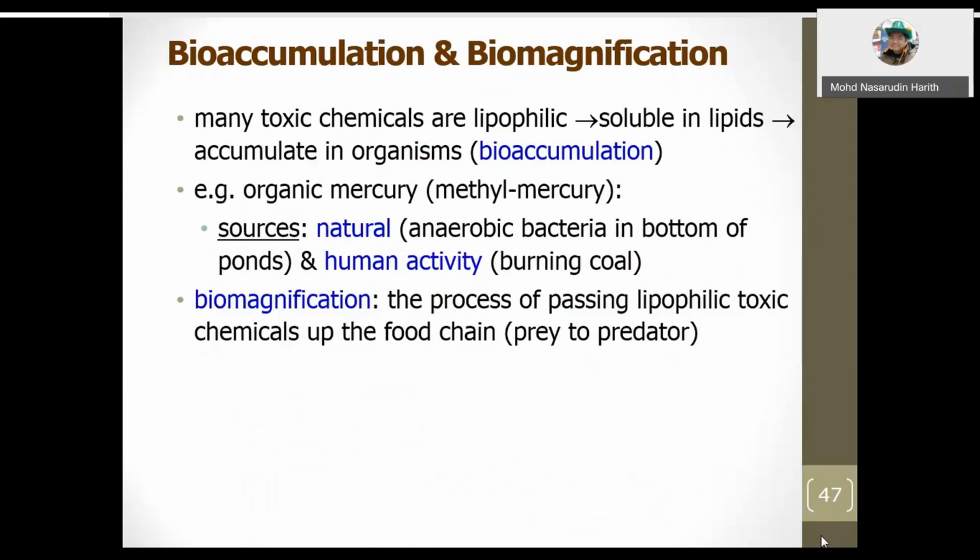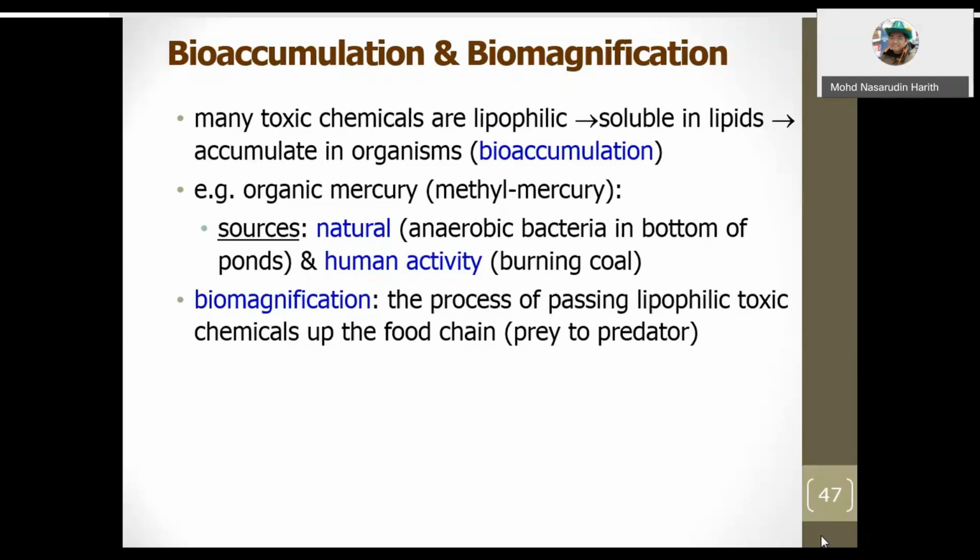These two terms are very important. You need to know how to differentiate between bioaccumulation and biomagnification. Many toxic chemicals are lipophilic. They are soluble in lipids and can accumulate in organisms. This is called bioaccumulation, the accumulation of toxic chemicals in the organism. For example, organic mercury or methyl-mercury. The sources, it can be natural, which is from anaerobic bacteria in bottom of ponds, and human activity from burning